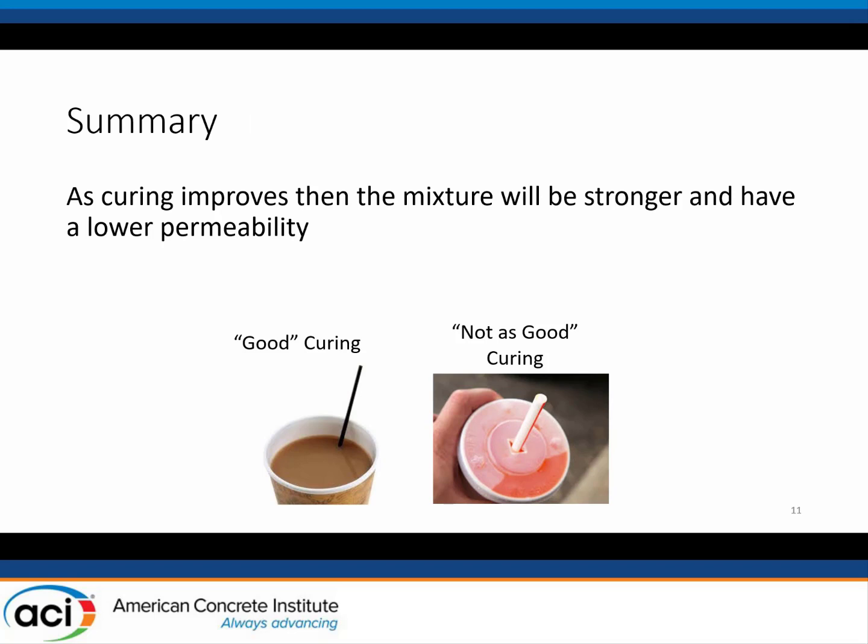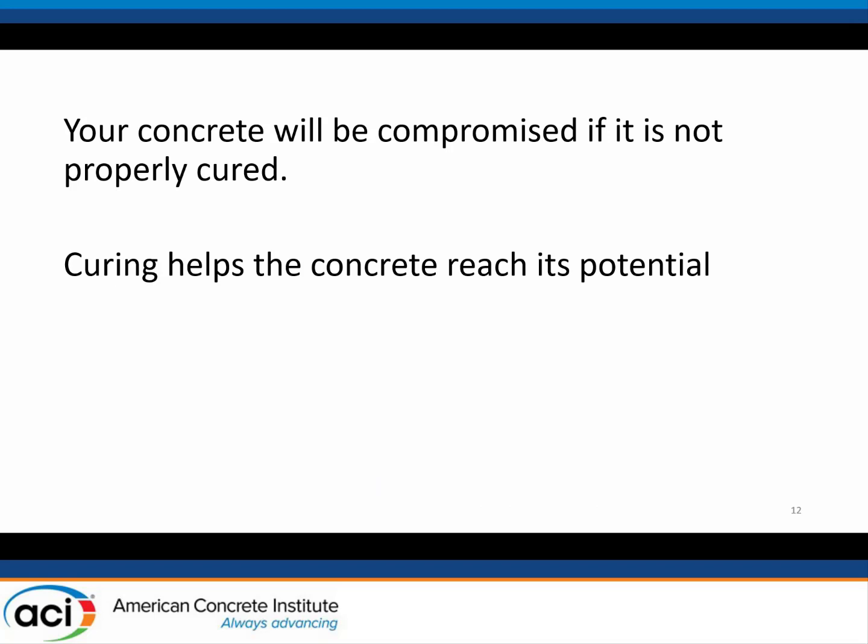So in summary, as curing improves, the mixture will be stronger. It will have a lower porosity and a lower permeability, and that is a good thing. It's all about the straws. But I'll tell you what, your concrete can be compromised if it's not properly cured. That means you can have the best mix design. You can have the best construction practices, but if you don't cure it correctly, you're not ever going to reach